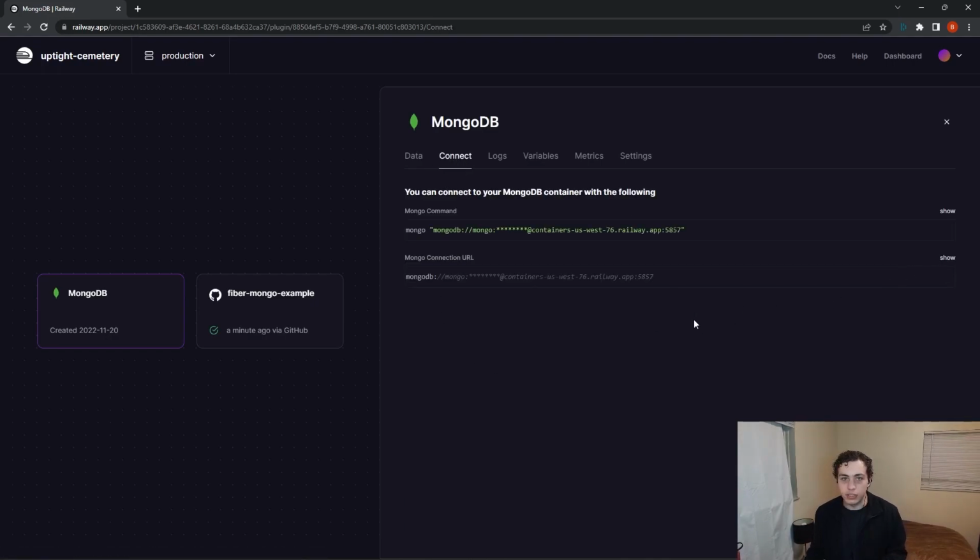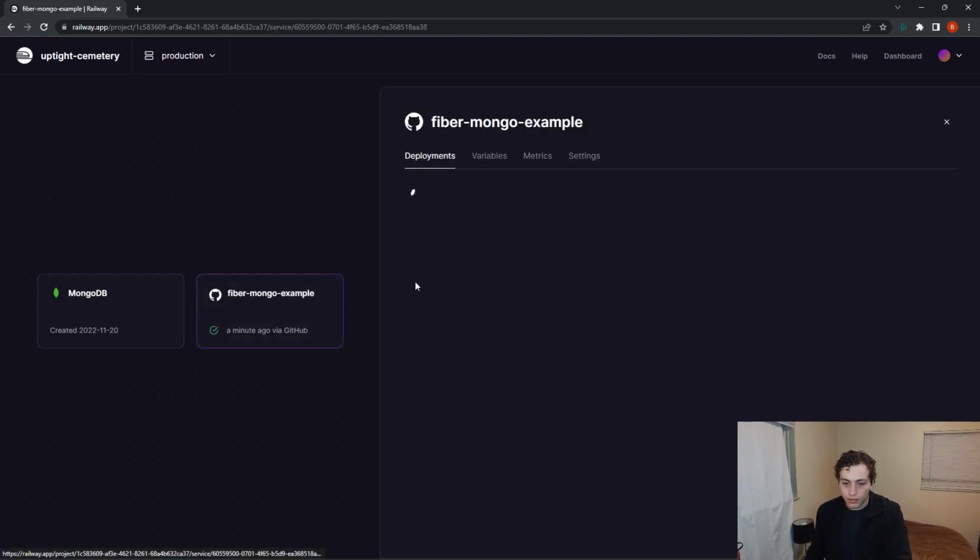Okay, so I have this connection string right here. I can't show you what this connection string is. Actually, I probably can't because I'm going to delete this before I put this up anyway. So you have this connection string right here. We're going to go ahead and copy this, and then we're going to go into our Fiber Mongo example, and